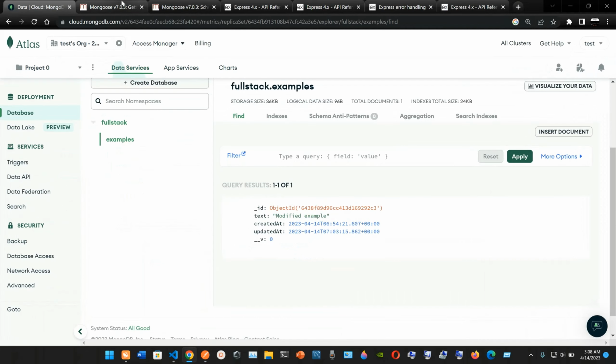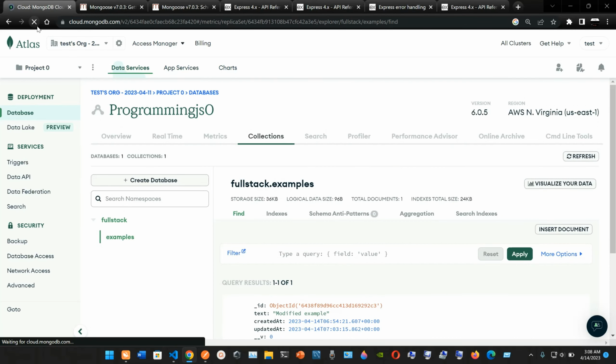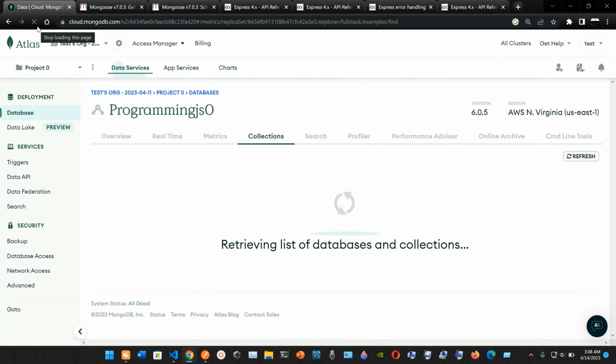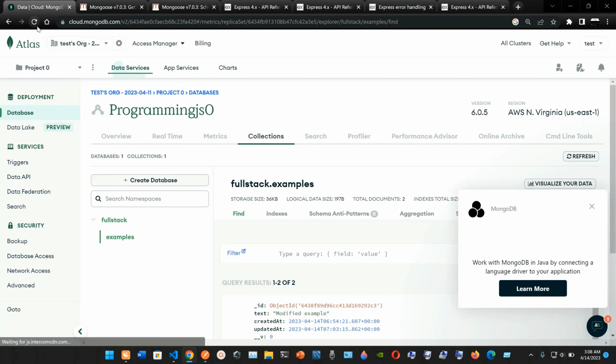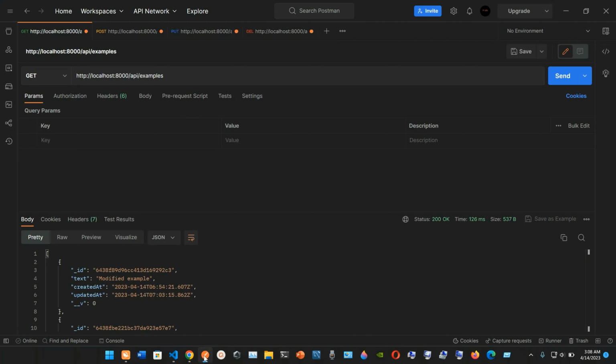If we go to our database and we refresh it, okay, as you can see, we have two. We have the modify example, and we have the to be deleted example, like that. So let's go to our Postman,